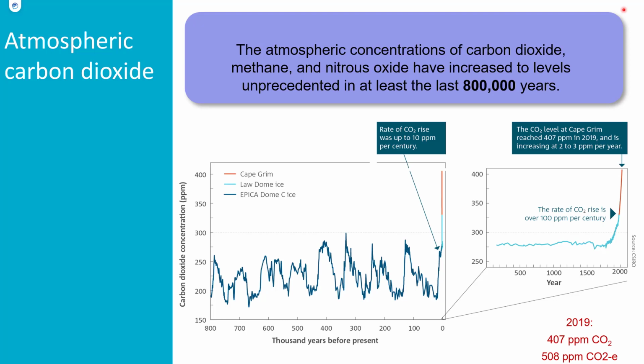And when we do this, we can go back. This plot shows data going back 800,000 years, and you can see that there's a cycle. It goes up and down, and it's ranging from somewhere around about 175 parts per million up to about 300. But it goes up and down, and that's a cycle that follows the